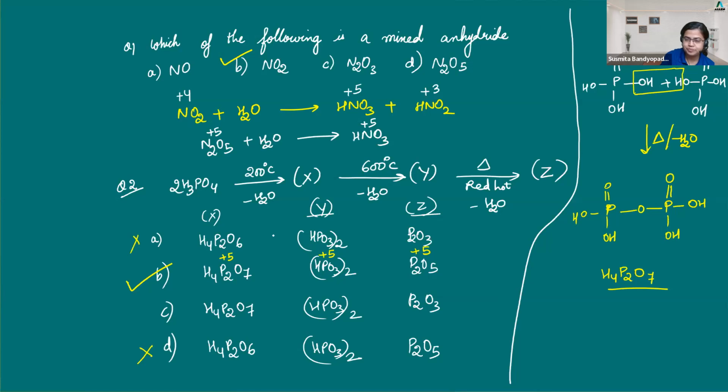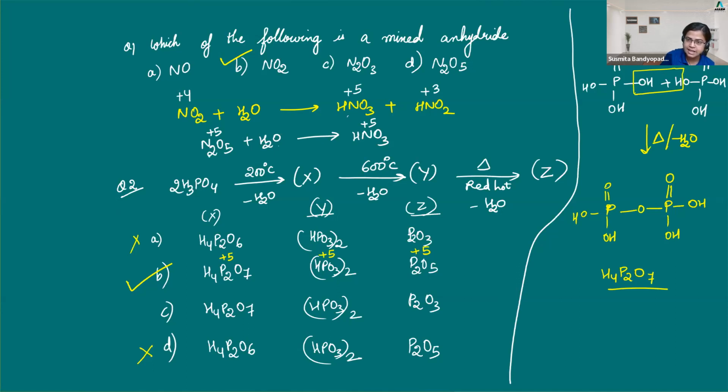For NO2, it disproportionates in water and produces both the acids. In many books you will find NO, because HNO2 is highly unstable. It again decomposes giving HNO3 and NO. That's a different case. But right now, when you add water to an anhydride, it should give you only one particular acid,